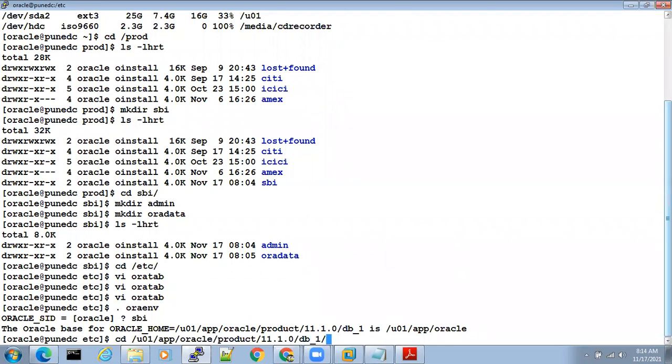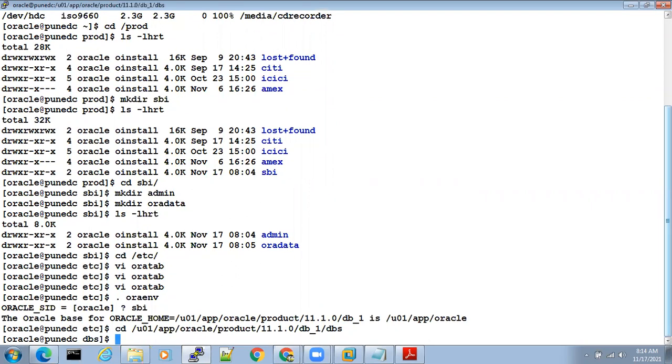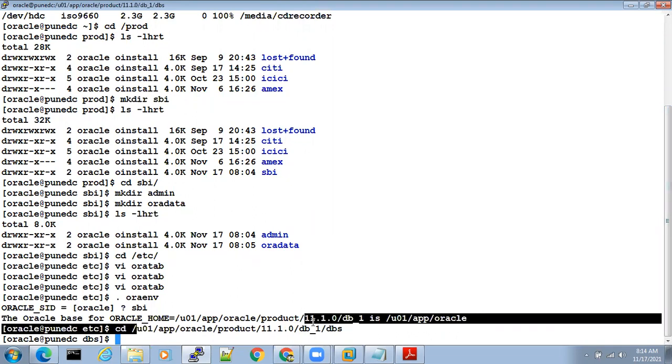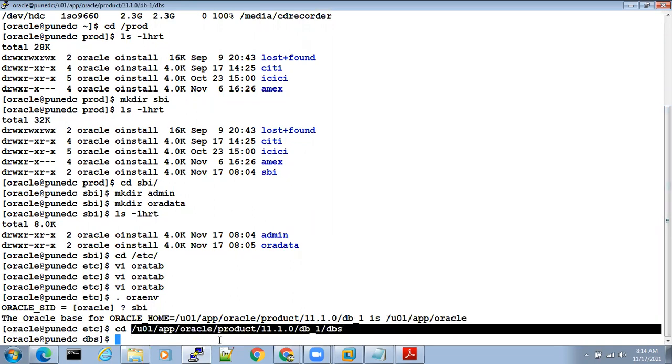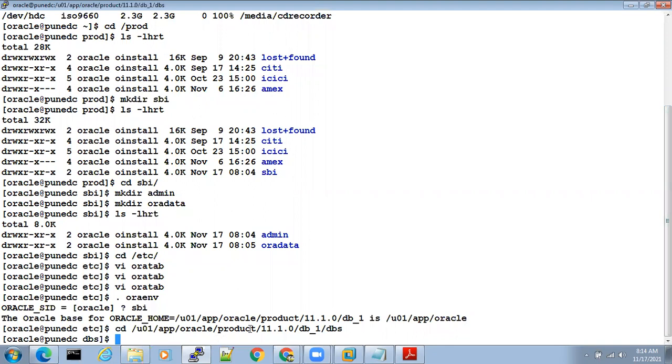And there is one more location called dbs. Go to dbs. Now you are in this location. Here you have to open the parameter file. What is the parameter file? vi initsbi.ora.